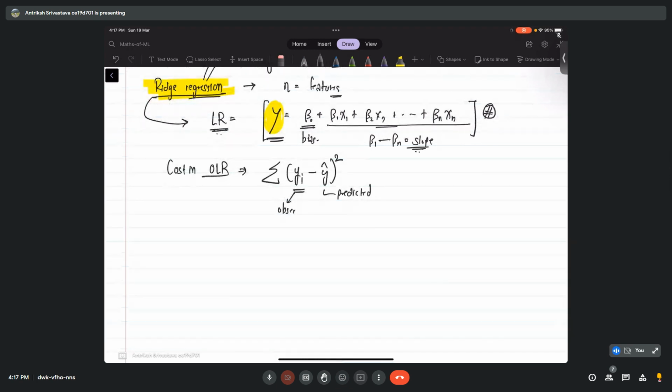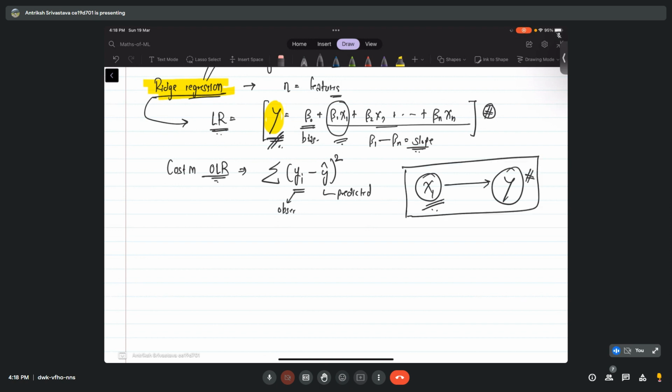Now, what can happen in this case is we'll understand with the problem, but I just want to say intuitively, if you try to understand that what can happen in this case is if you have one feature that is very closely related to your predicted value in some cases, and unfortunately you end up choosing more of those points where this one feature is closely related to the predicted value. Unfortunately, if you are using more of these points in your calibration, then what will happen, your beta 1, that is the coefficient for that feature, is going to be given more weightage.